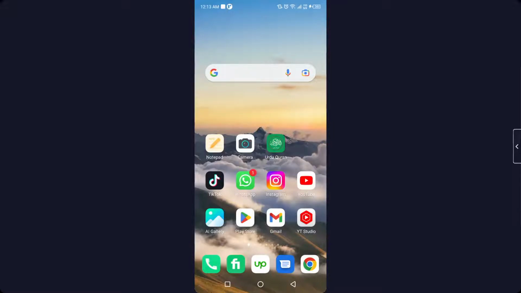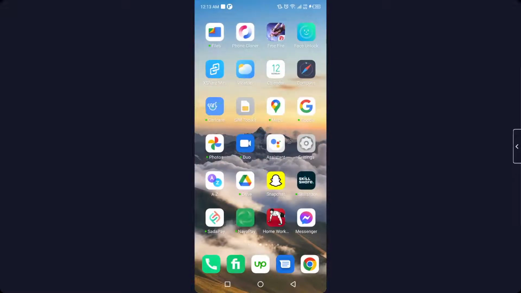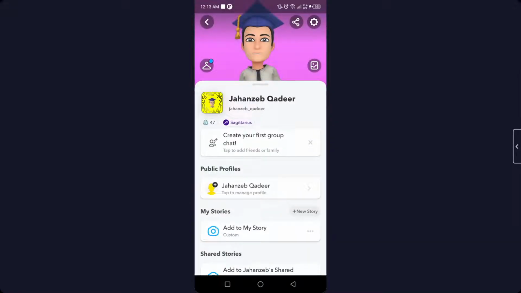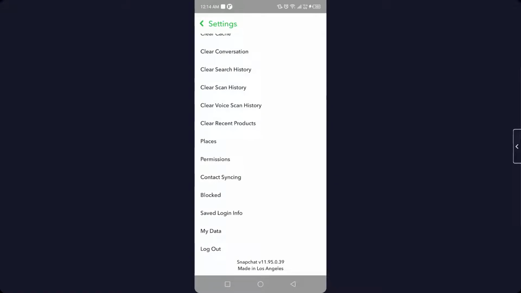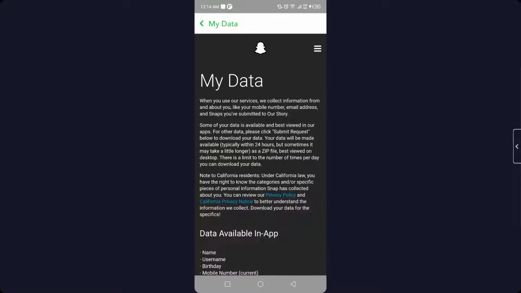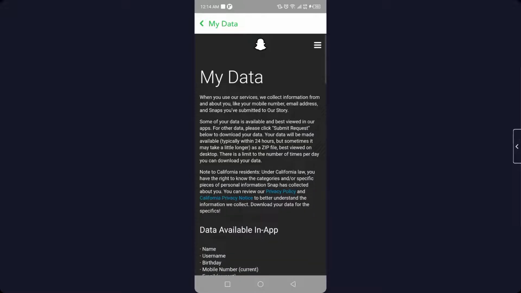So the first step you need to do is to open Snapchat. Once you open Snapchat, you simply need to click on your profile picture on the top left, and then you need to click on the gear icon in the top right, and here you need to scroll down until you will find an option that is My Data. Click on that option, and here you need to log in into your account first, and after that you will